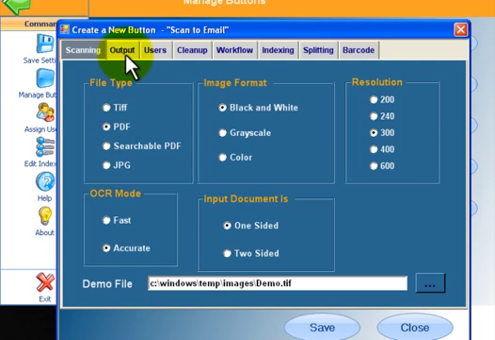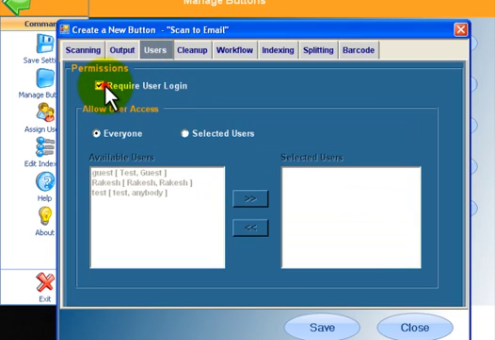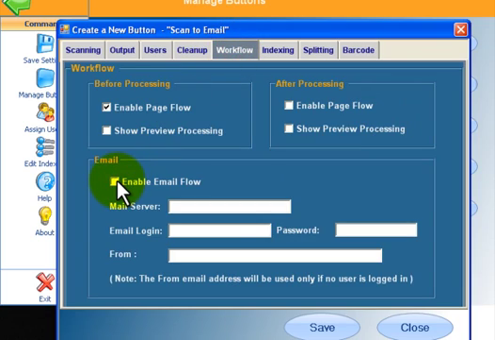So we're going to scan to a PDF file. We can define resolution, some other things. We can also define the target file name, and here we'll use the date and time templates. And where do we want the file to be stored? We also have the option of defining user rights as well as some image cleanup. We'll perform a page straightening as the scans are processed, and then we'll enable the page flow as well as